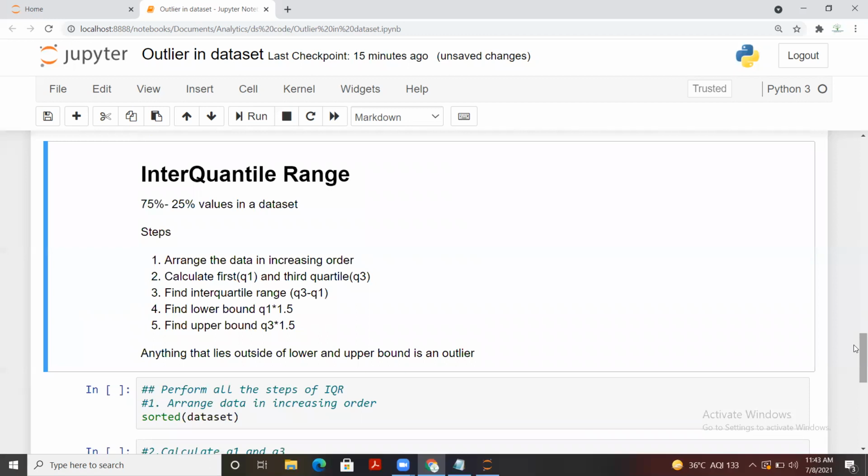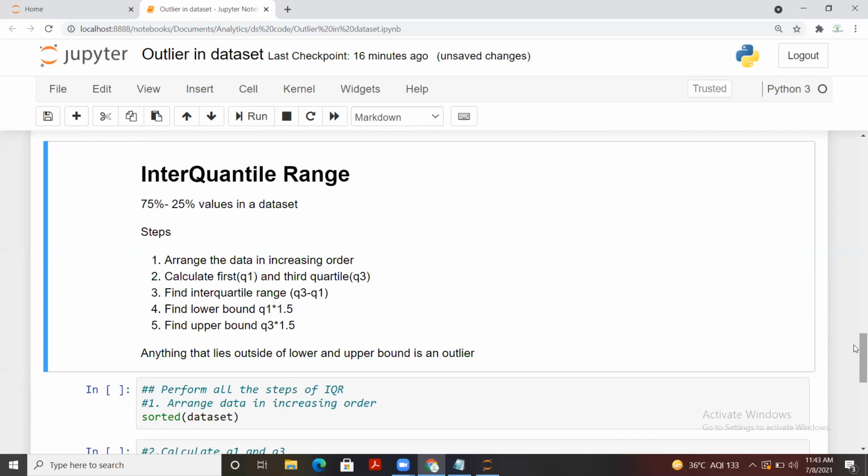First, we arrange the entire data in increasing order. Then we calculate the lower and upper quartile. We call the first quartile the lower quartile, and the third quartile the upper quartile, and we denote them with Q1 and Q3. Then we find the interquartile range, which is Q3 minus Q1.